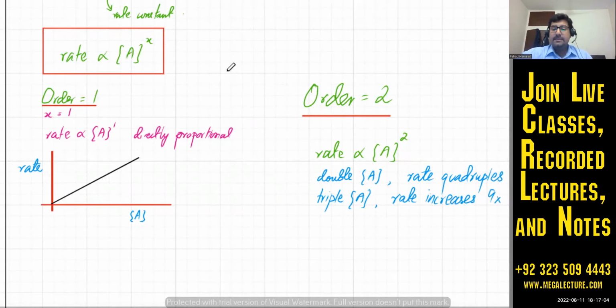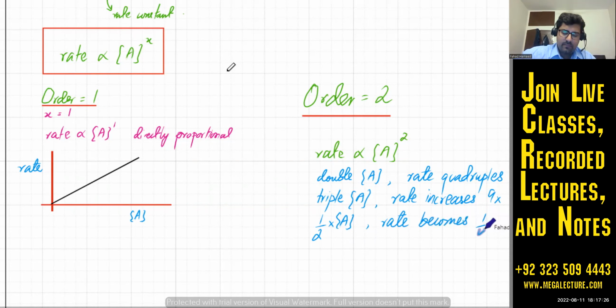So by 9 times, it's going to increase. If you reduce the concentration of A, so A's concentration becomes half, the rate becomes 1/4. It slows down. So whatever you do to the concentration,